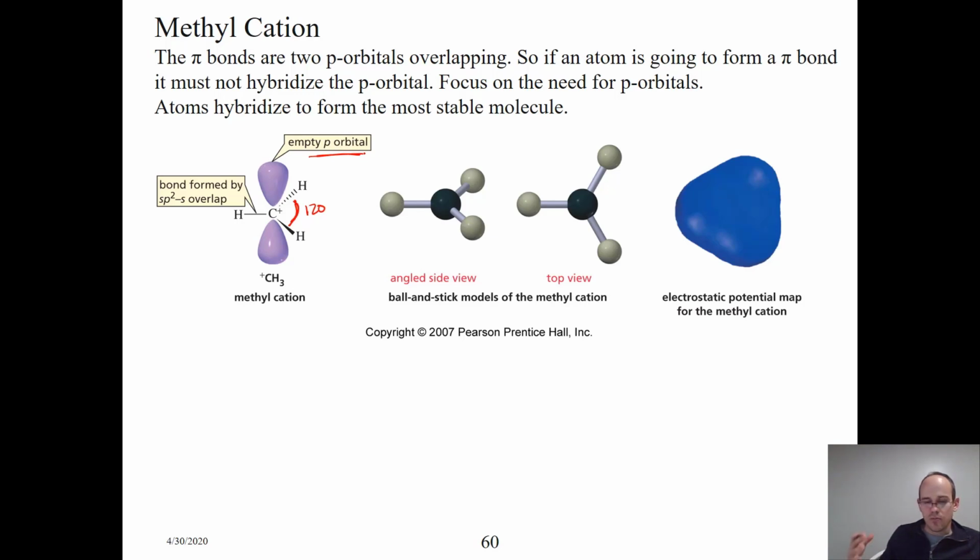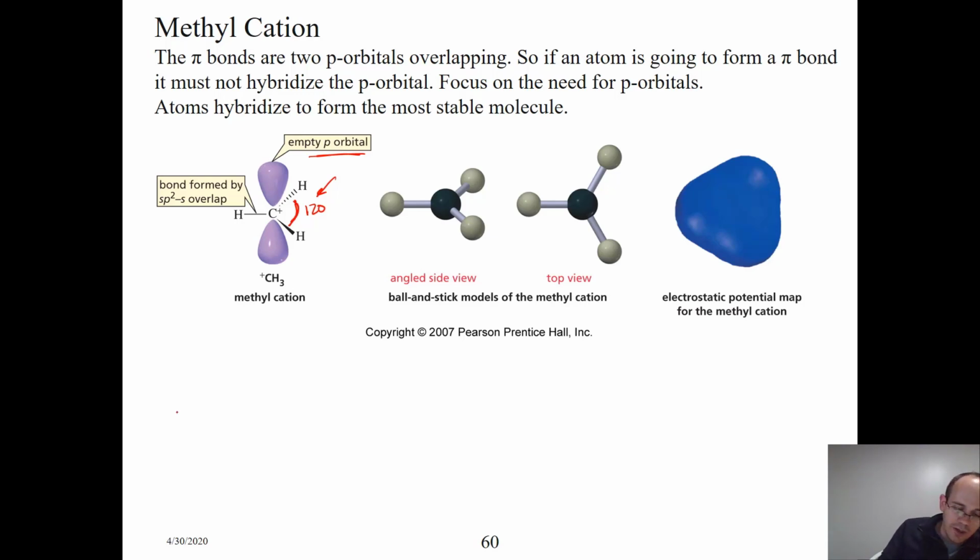Number one, in a VSEPR way, it makes sense because by leaving it as a p orbital, we don't care that there's a 90-degree angle between the CH bond and the empty p orbital, because there's no electrons in the empty p orbital to repel. So that bond angle doesn't matter. That angle between the CH bond and the empty p orbital doesn't matter. There's no electrons there to repel. But we can get the extra few degrees, the 120 degrees, by going to sp2 hybridization around that central